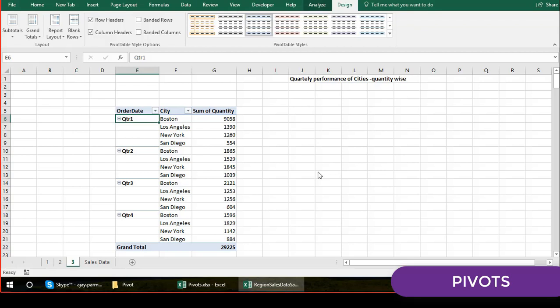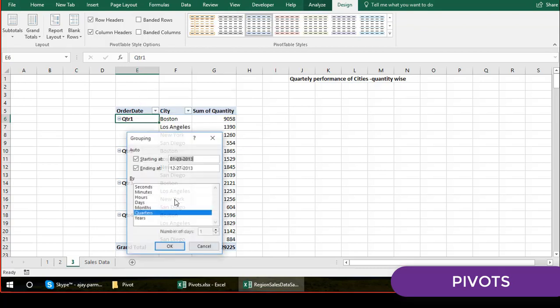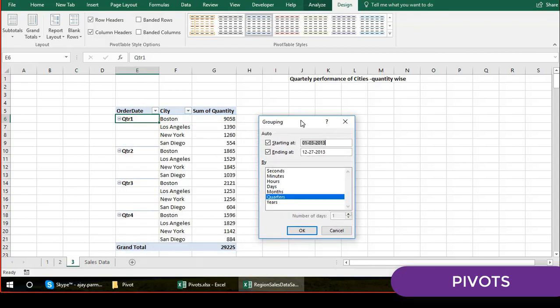This is how it is, right? So we have the quarter 1 performance, we have the quarter 2 performance, quarter 3 performance. If you go and check your data according to the date, you find the same thing. Right now you don't see the dates because you don't have the date here, but what if I need it? Right click and group it. What if somebody wants to see that? So in quarterly performance, what are the months they are covering? Generally everybody knows, but still you want to show it, no problem. You can keep this as well.